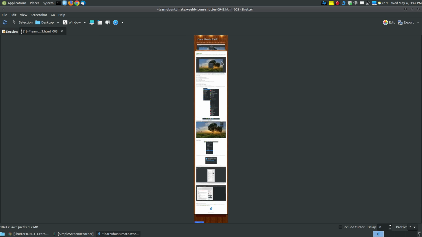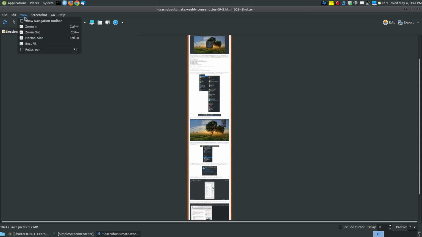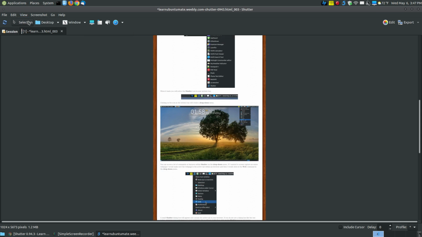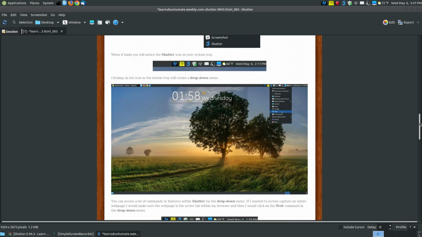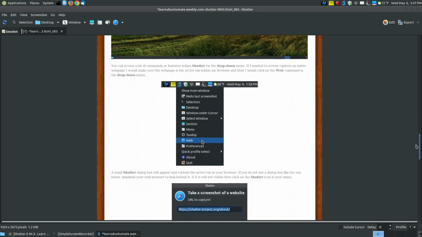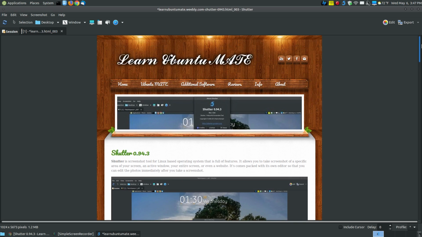I can maximize it, and it took a screenshot of the entire web page. Now, I know new browsers have that feature, but this is a nice feature because you've got your editing feature. I can view and keep zooming in, or I can use the shortcut keys, but then you won't be able to see me. I can press Control plus the plus key, and it will zoom in. But as you can see here, there's my entire web page from the page where I showed you how to